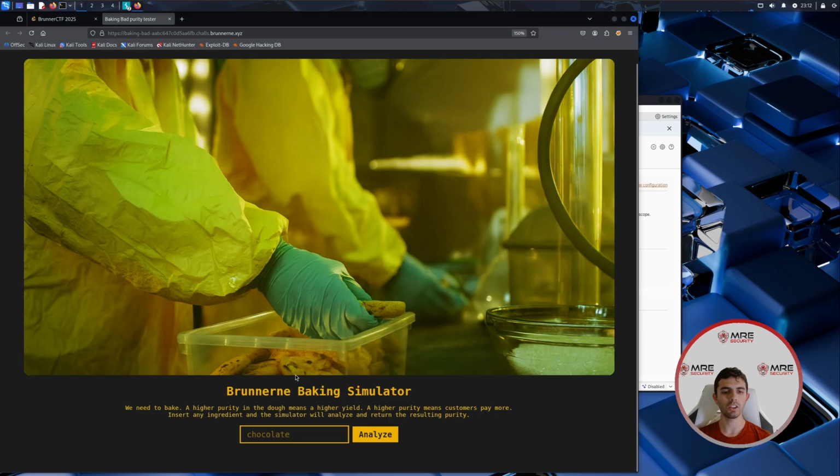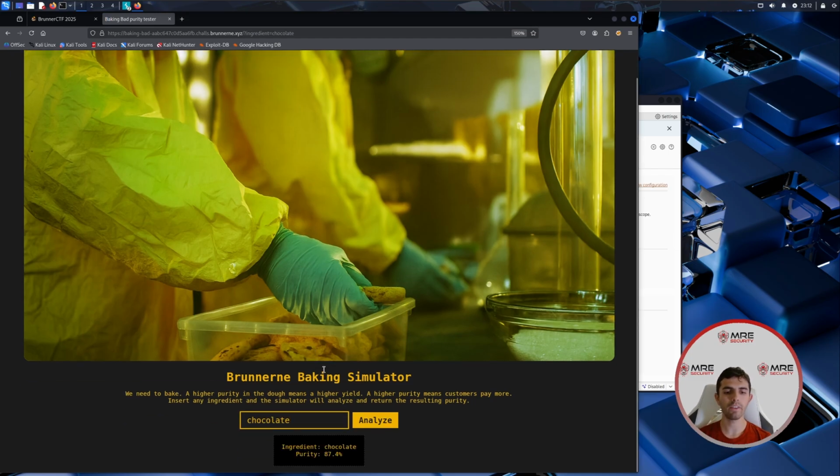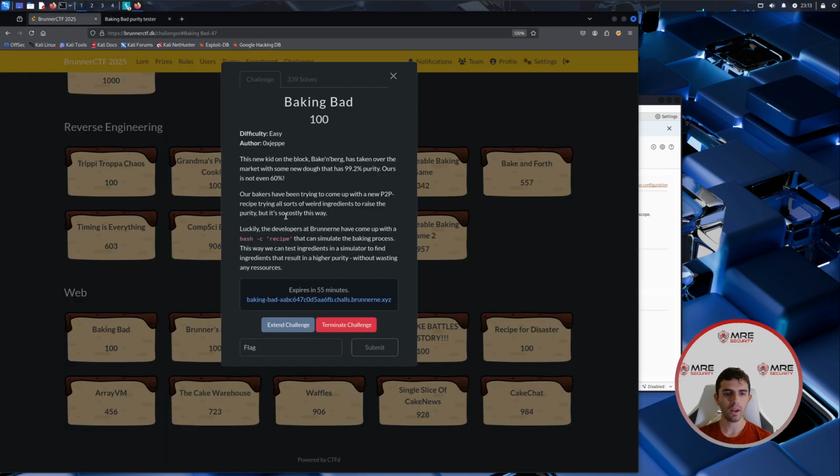Looking at the challenge, we can see that there is just one input field. So we can put something in here like chocolate. When we click on enter, we can see the purity level. Now, if we go back to the challenge quick, this is a sign of most likely going to be command